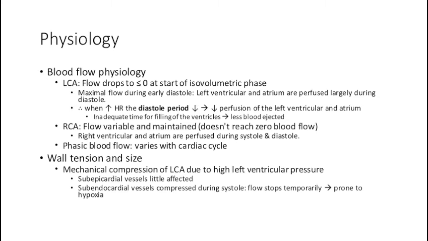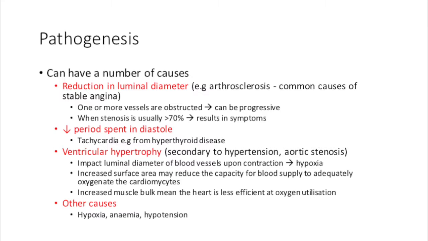Now, we've covered a little bit of physiology. Let's turn our attention to pathogenesis. There are a number of reasons why patients can develop ischemic heart disease, in particular stable angina. As you can imagine, there's potential reduction in luminal diameter of the blood vessels, and that can be due to